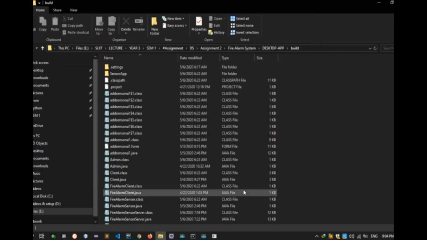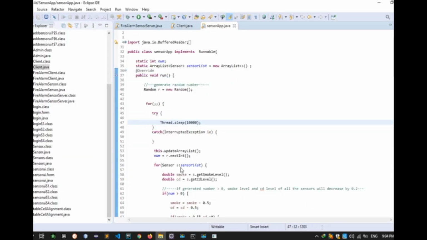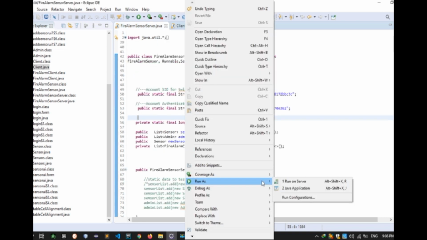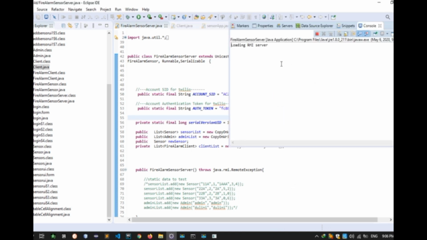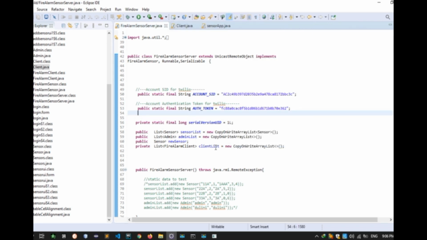Now I move to my desktop application. I open this in Eclipse IDE, and first I run the fire alarm sensor server as a Java application. Yeah, in here it shows loading RMI server. That means our server is running well.